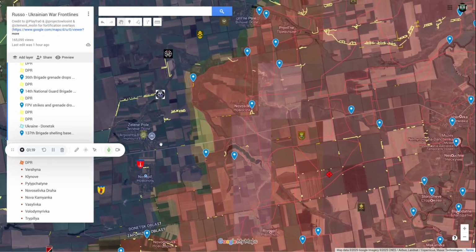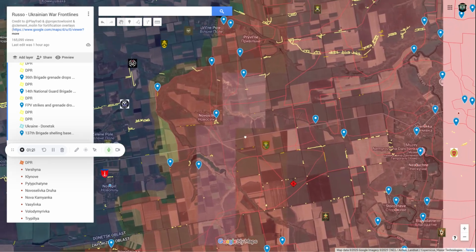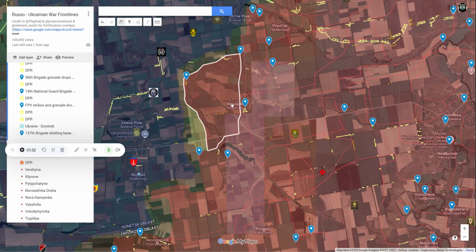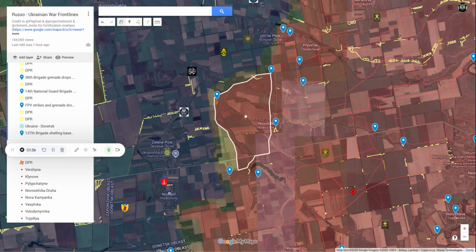The Ukrainians were trying to resist the Russian advances around Novosilka, but given the small surface area, it was simply untenable for a large force of Ukrainian soldiers. Even a company-sized formation couldn't really stay around there to defend for any extended period of time. And there are no open fields that host trenches or tree lines that could actually accommodate that sort of Ukrainian force,